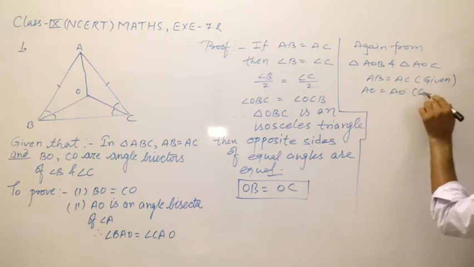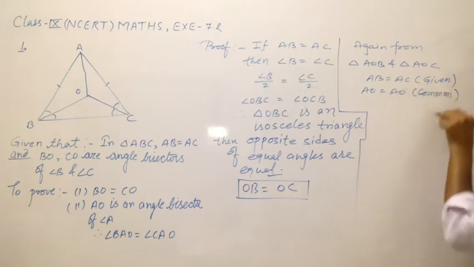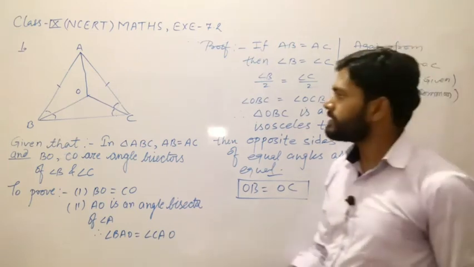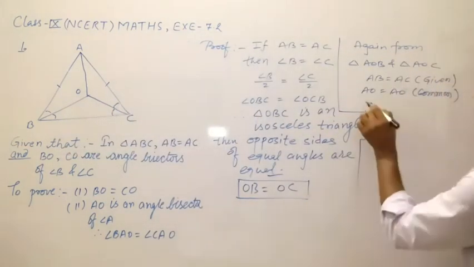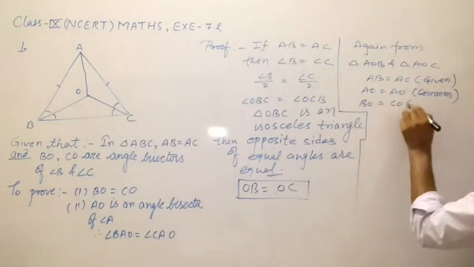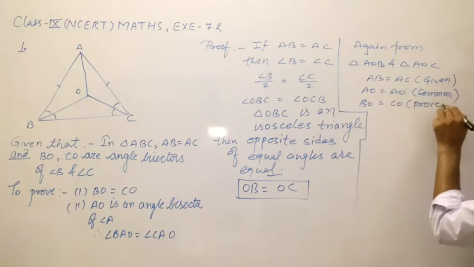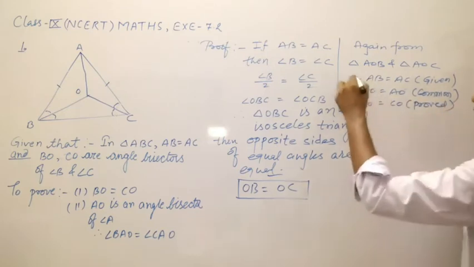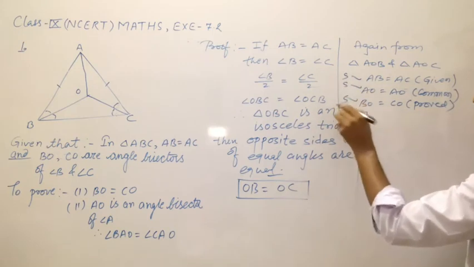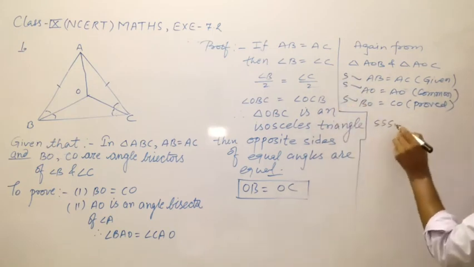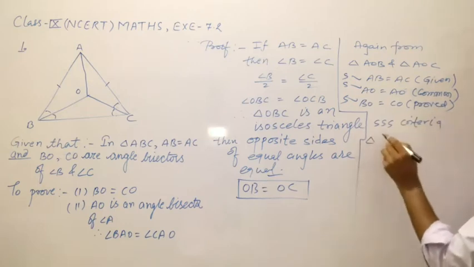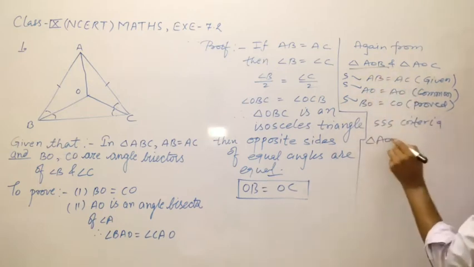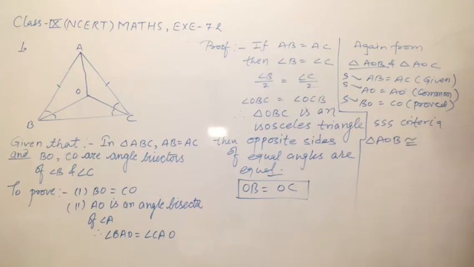This is common side. And last and final, BO is equals to CO. This one we have proved. BO is equals to CO. It is proved. All these are, this is side, this is side, this is side. So SSS criteria. Triangle AOB is congruent to